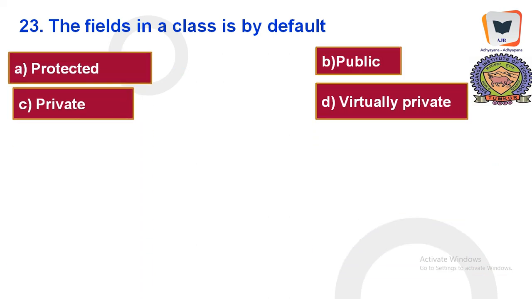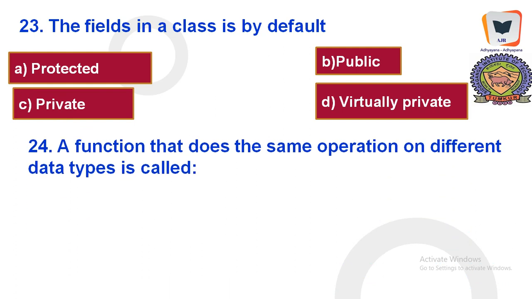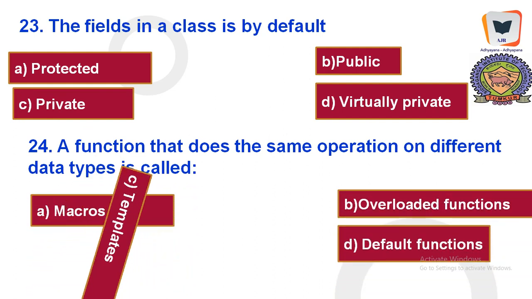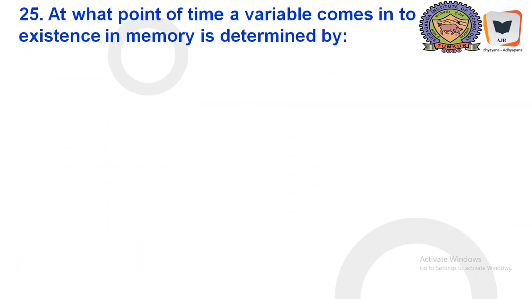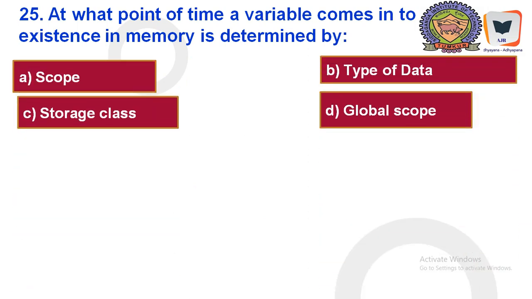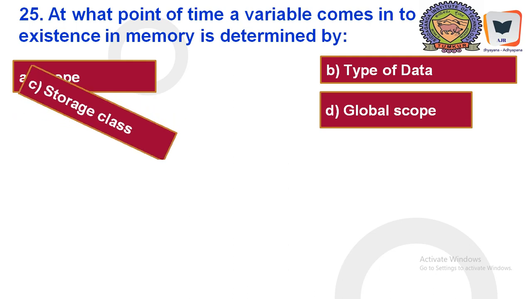Now the fields in a class, by default they are private. Okay, by default they are private. A function that does the same operation on different data types is called as, I think you must have expected, it is called as template functions, right? At what point of time a variable comes into existence in memory is determined by, it is not by scope, it is not by type of data, it is not by global scope, it is by storage class identification,